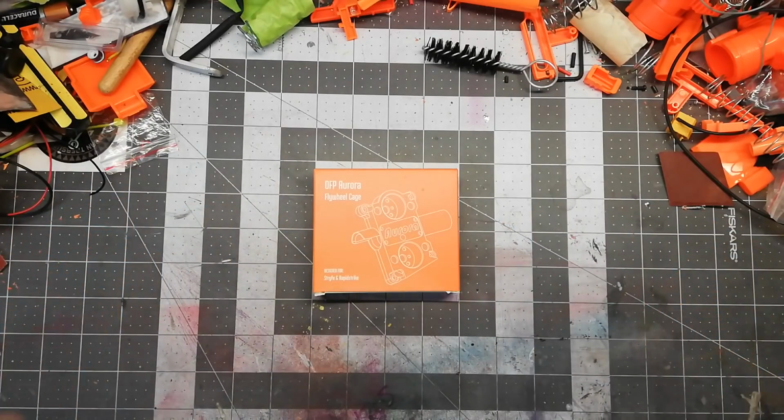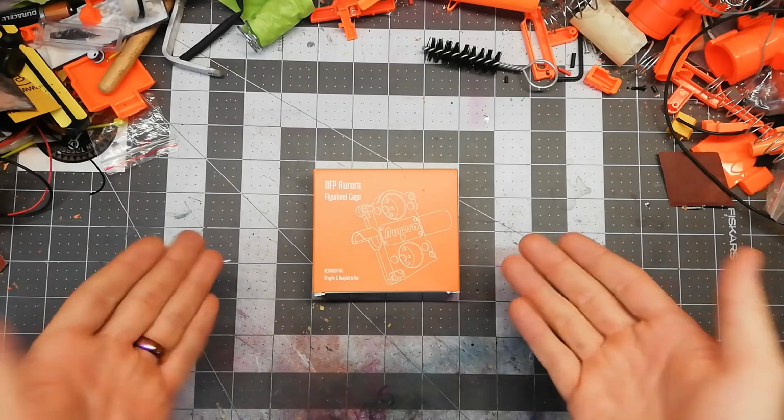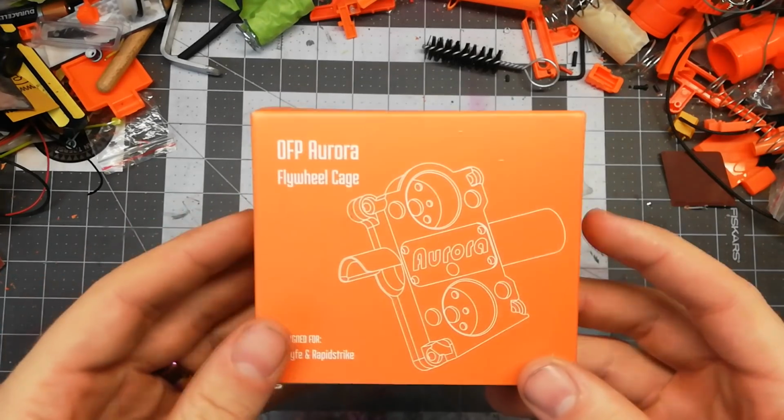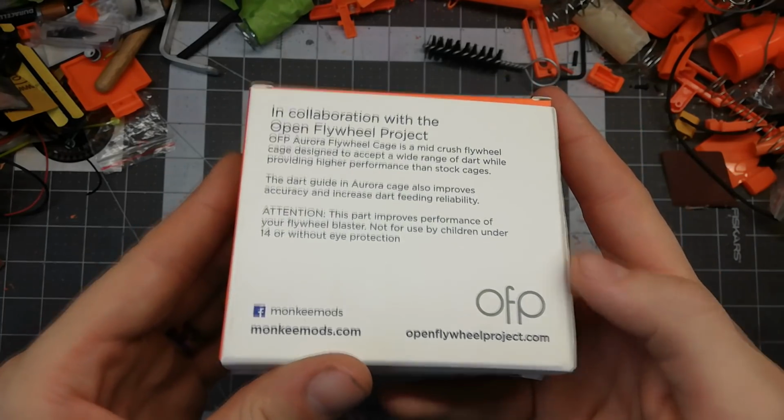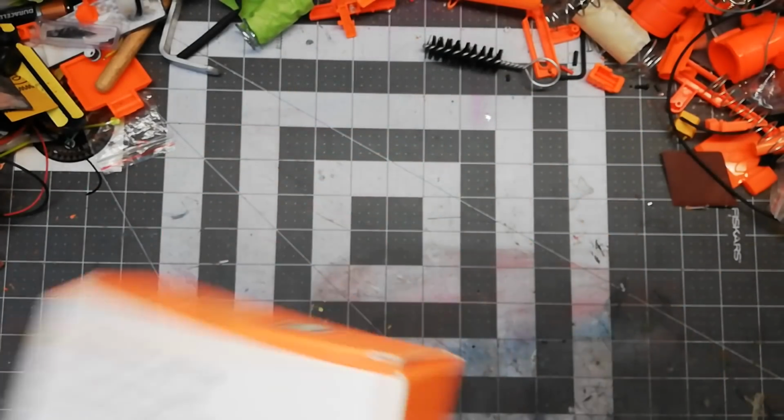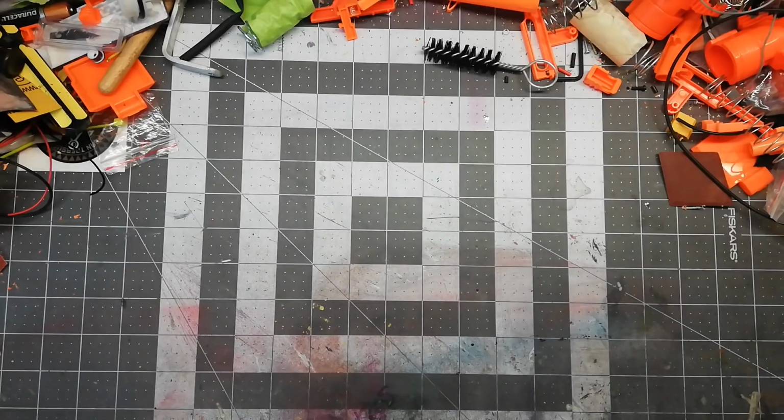And why are we just looking at the box for the cage, which, you know, it's very nicely done. It is made by Monkeemods in conjunction with Open Flywheel Project. It is a 42 mil crush cage, or it might be 42.5, I forget exactly. But we can just toss that to the side